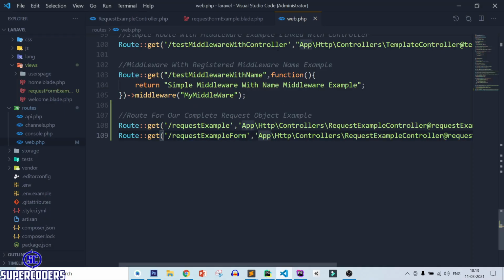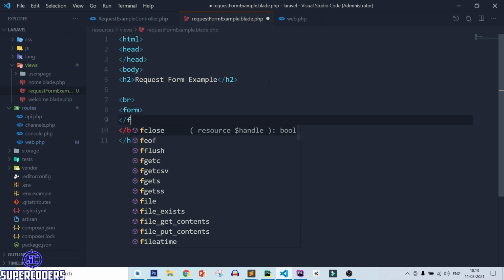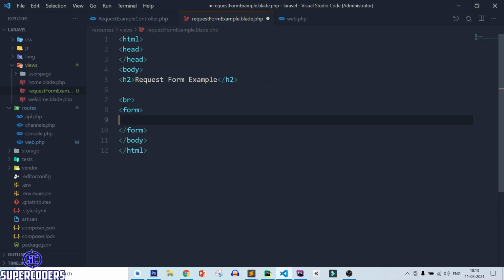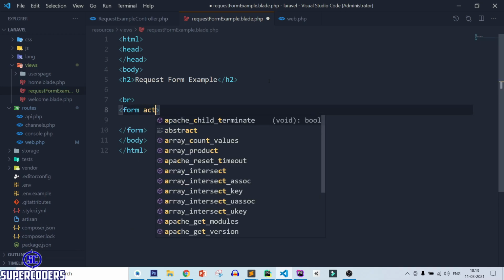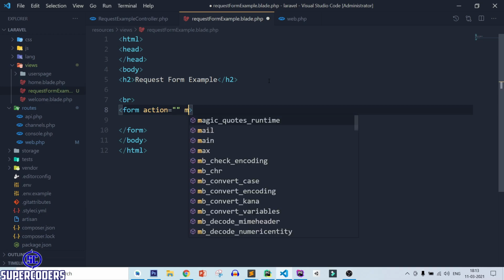So here let's create a form. First creating a form, action equal to blank. So I want to submit this form on the same page but with method post.